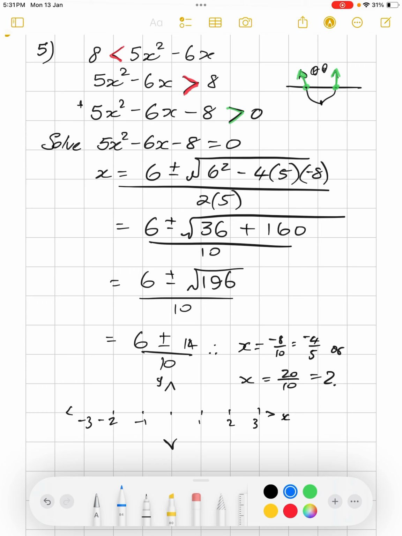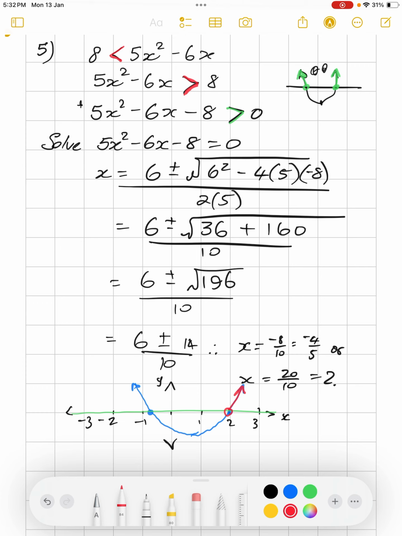If we draw this, it's crossing at negative 4/5, that's about here, and at 2, that's here. It's a minimum, so it's going to turn somewhere, and there it is, and where it is above the x-axis, there's the x-axis,